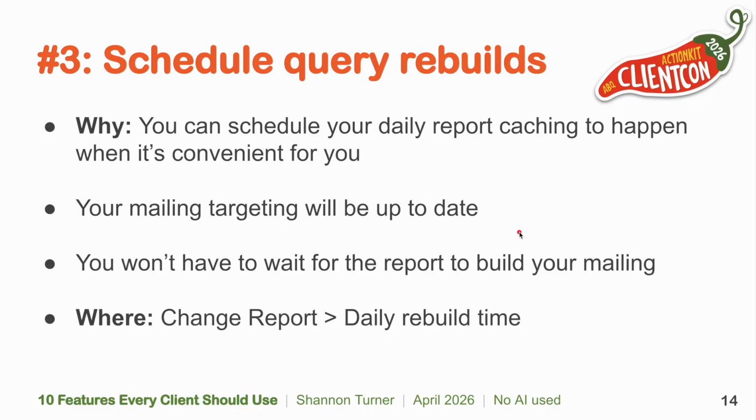Daily report caching means for the purposes of your targeting, your report might be, in the worst case, up to 23 hours out of date. Most, on the other hand, will be much, much fresher than that, and you can actually choose when it happens to get the freshest data while also not having to wait on your report to run. So you can have it absolutely freshly run, not even an hour out of date, ready for you to use